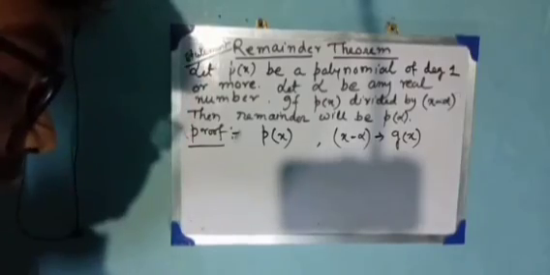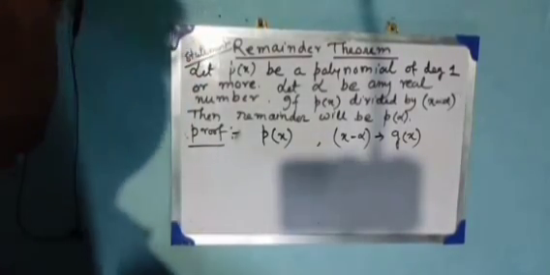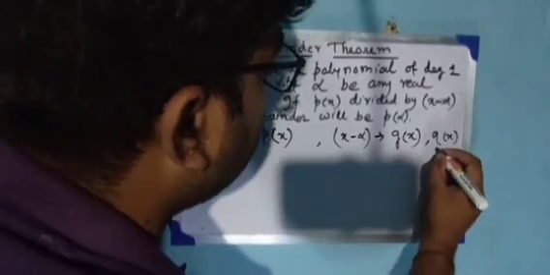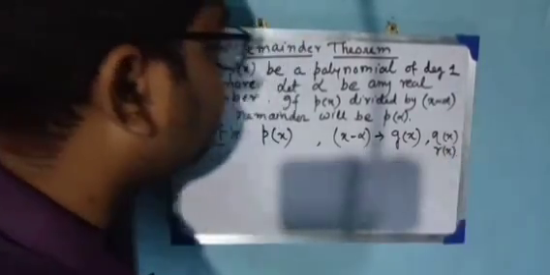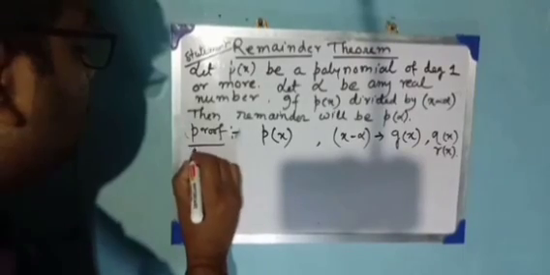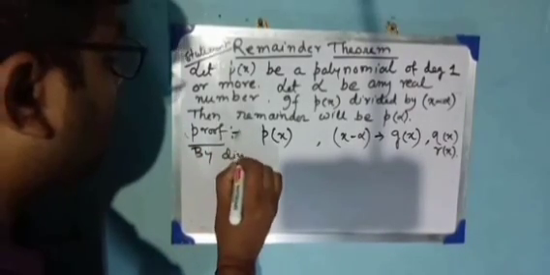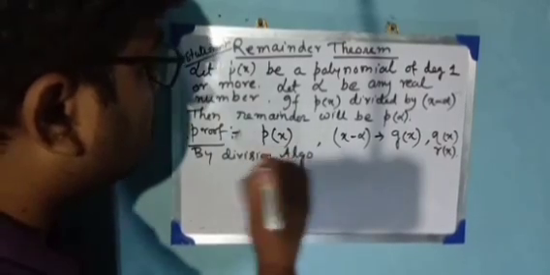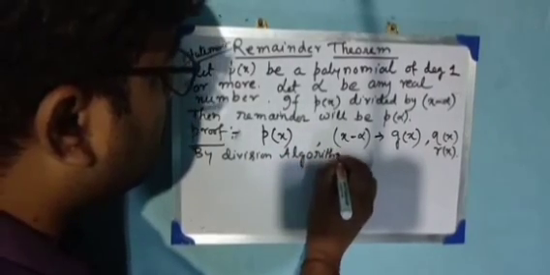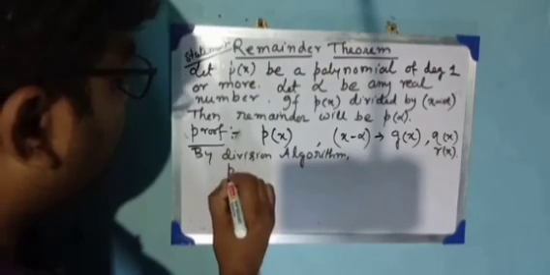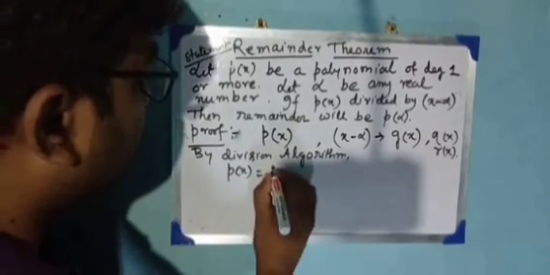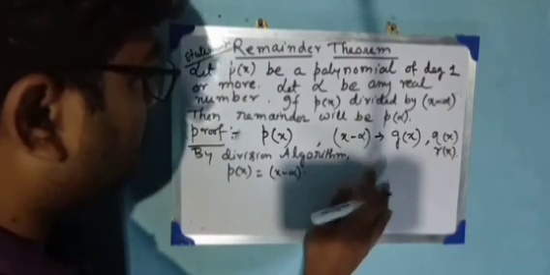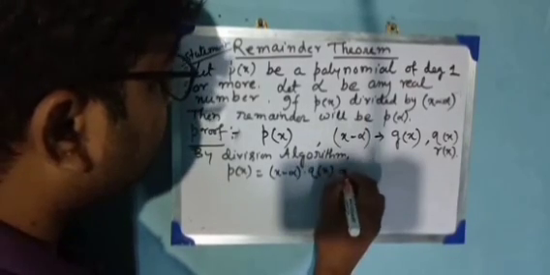Let the quotient polynomial be q(x) and the remainder polynomial be r(x). So by the division algorithm, P(x) equals x minus alpha into q(x) plus r(x),